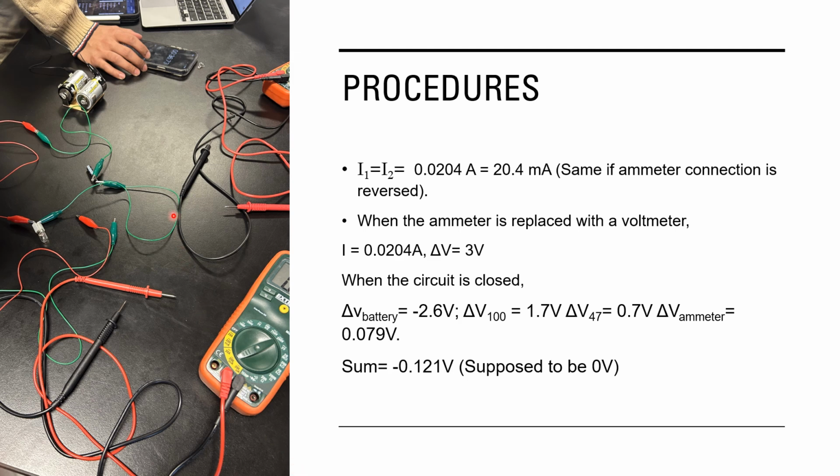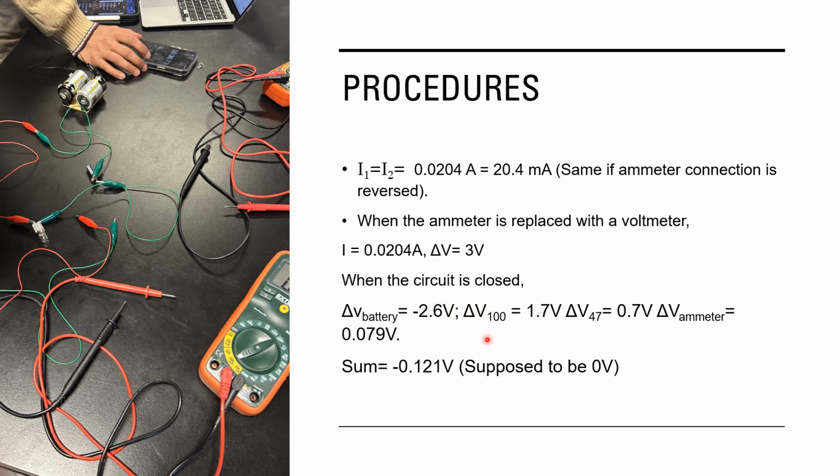As you can see from the setup, there were two ammeters connected, which both read 0.024 amperes because they were in series. They both received the same amount of current. When one of the ammeters was replaced with a voltmeter, the current reading from the other ammeter did not change, it stayed the same. But since it was a voltmeter now, it had a reading of 3 volts in the